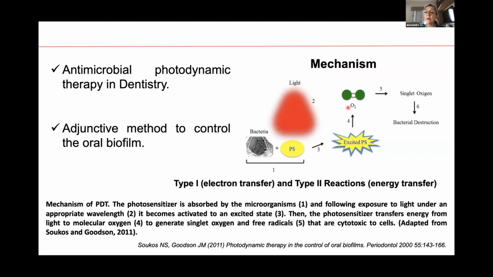So we have the association of the photosensitizer and a light source that, of course, this photosensitizer can absorb,